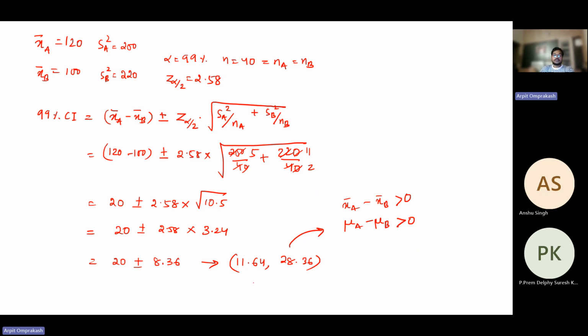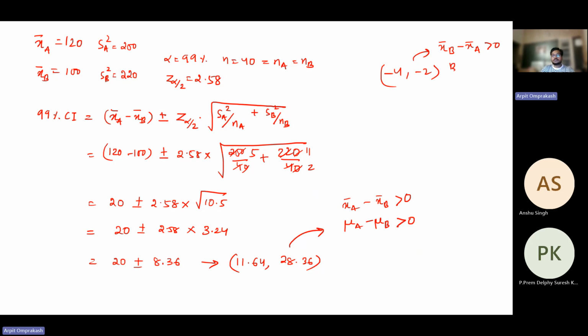However, if you get a range which is always negative, for example, hypothetically, let's say our range was from -4 to -2, then x bar B minus x bar A would be greater than 0,